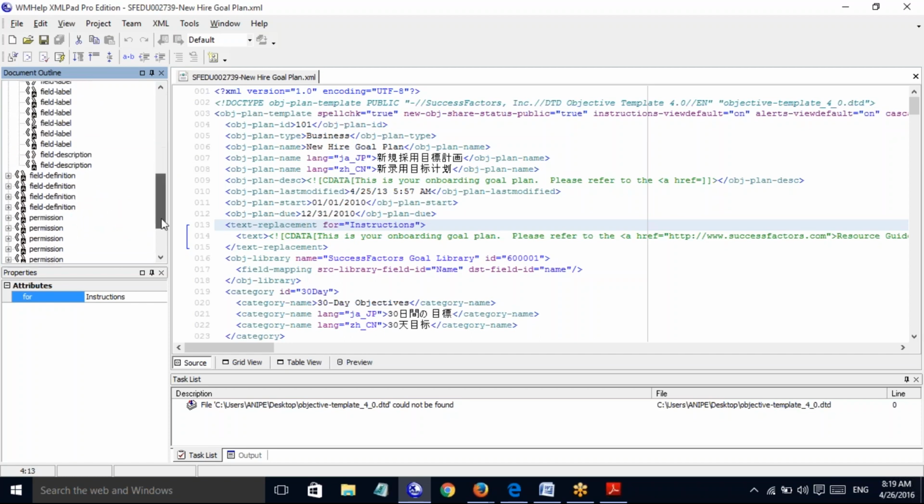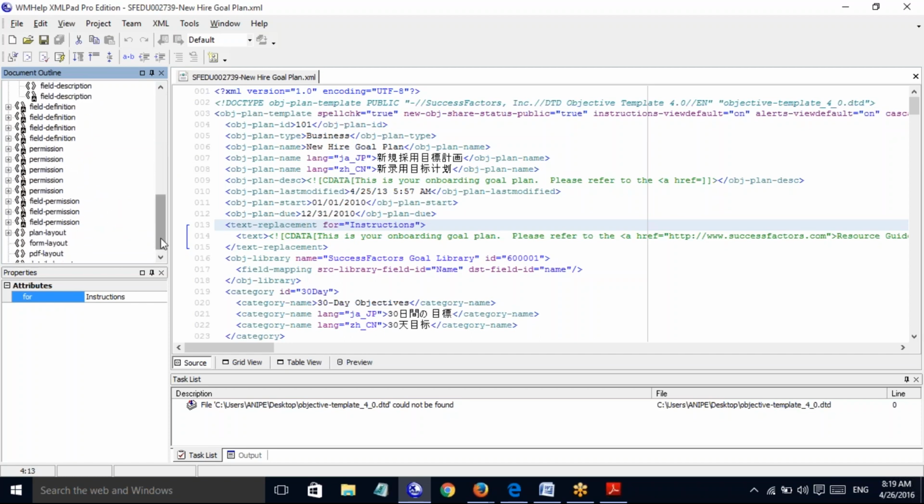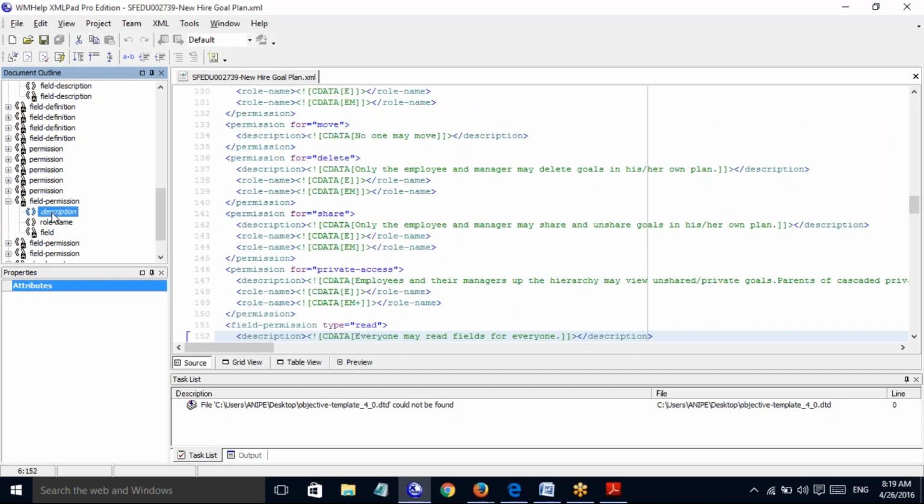And in the same way, if you remember the succession data model, we have set the field permissions. You can see all of them here as well. How do you set up these permissions, whether they can read, whether they can write, who can see, whether the employee can read the role name, or only the employee manager can read it? The permissions which you're going to create can be for every employee. For example, when you are going to set up field permissions for every employee, that means here you see the share permission. Do you give the permission to every employee?